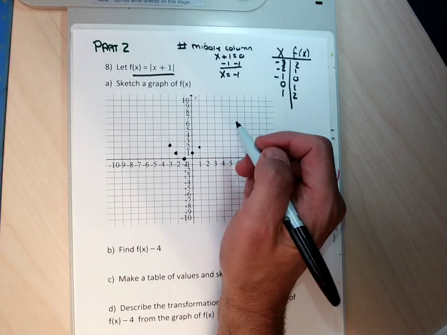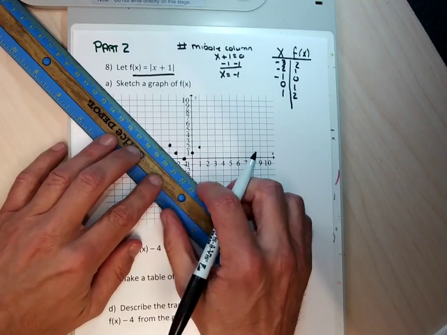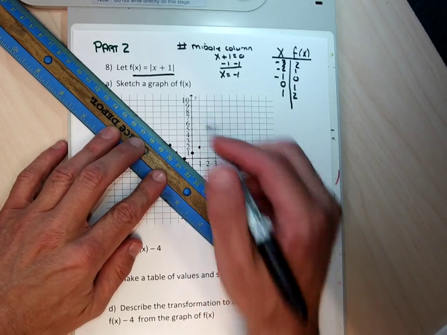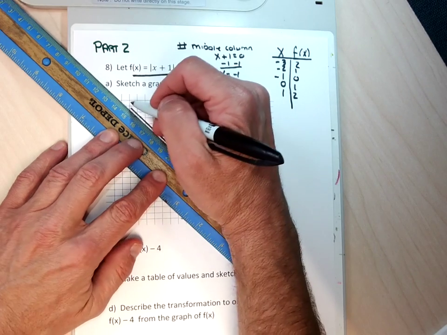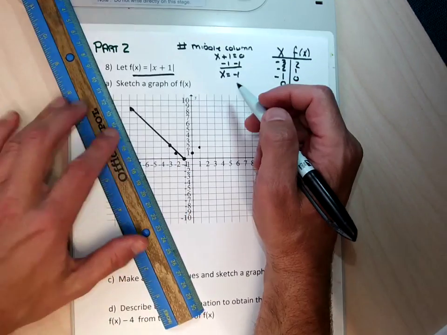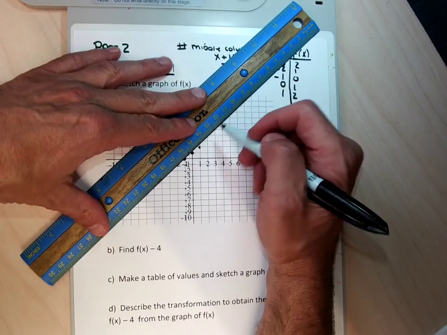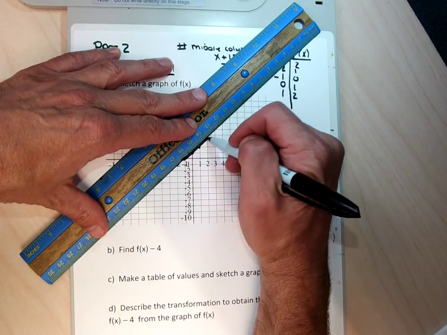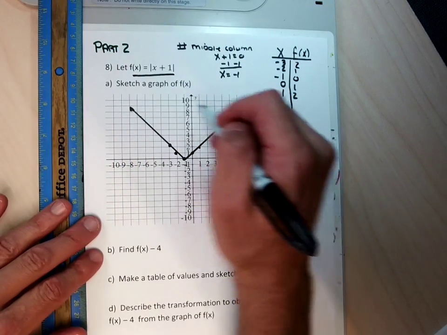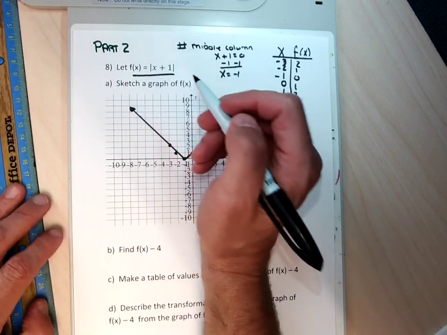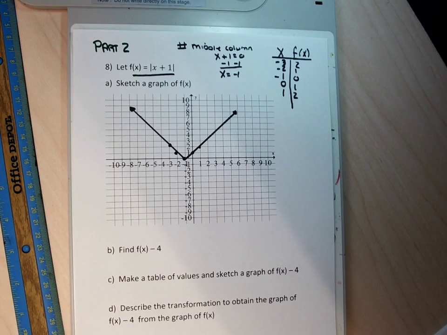And absolute value graphs almost always come out to be V's. I can't think of a time where they wouldn't come out to be a V. And so I construct my tables so the point of the V is right in the middle of my table, which is helpful. If you don't pick your table cleverly, then maybe you're not going to see the whole V. All right, so